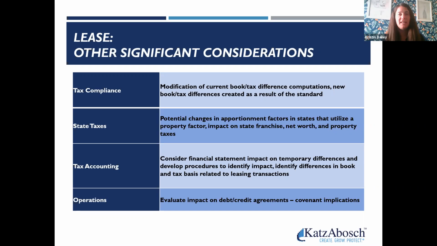Some of the things we've heard is that they might do what's called a frozen GAAP so that this change does not affect how you calculate your bank covenants. Or for your tangible net worth, you can have it specifically spelled out that right-of-use assets do not factor into that calculation. But again, we recommend looking at these now and getting a jump on this because you don't want to wait until you've blown your covenants in April of 2023 and you need a waiver to talk to your banker about how this standard impacted your balance sheet and your covenants.